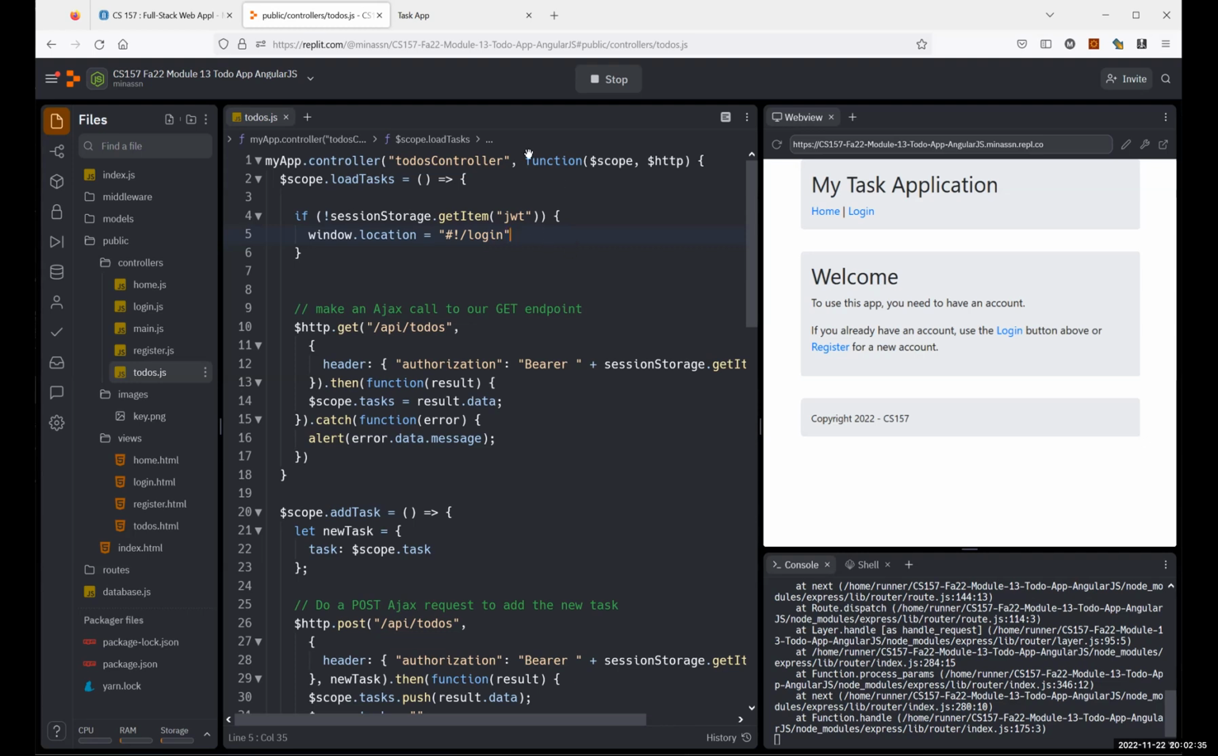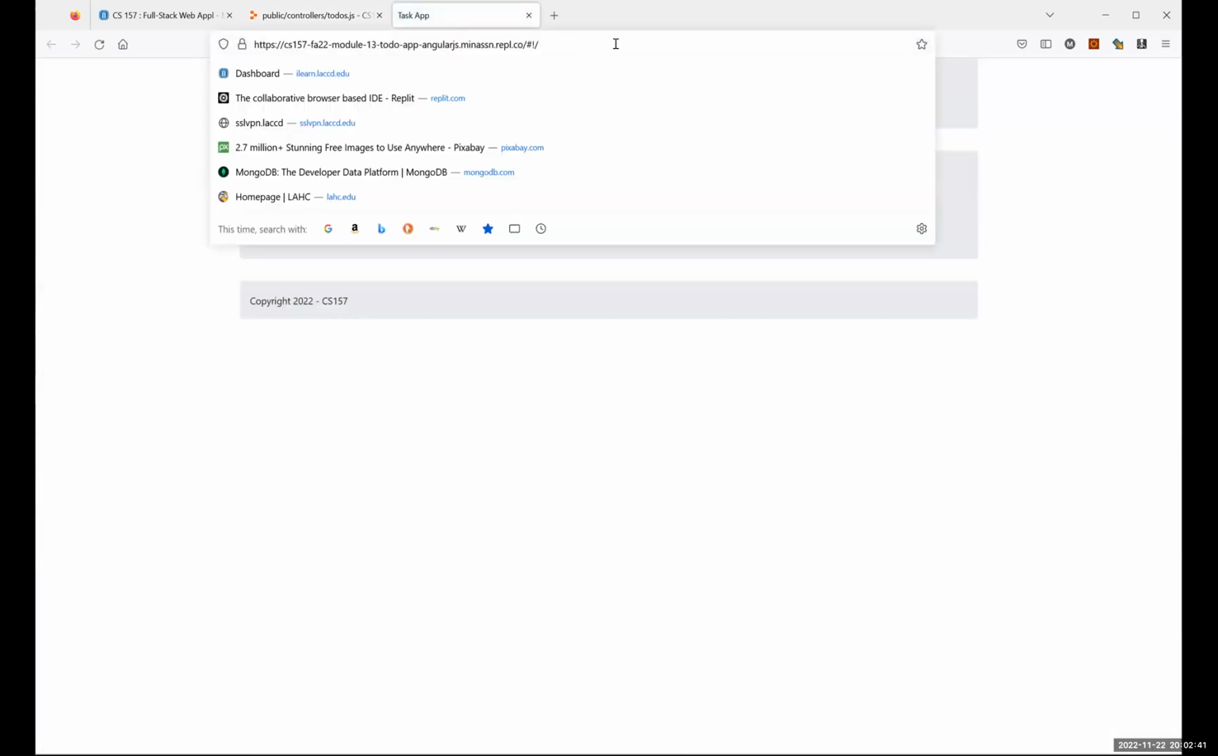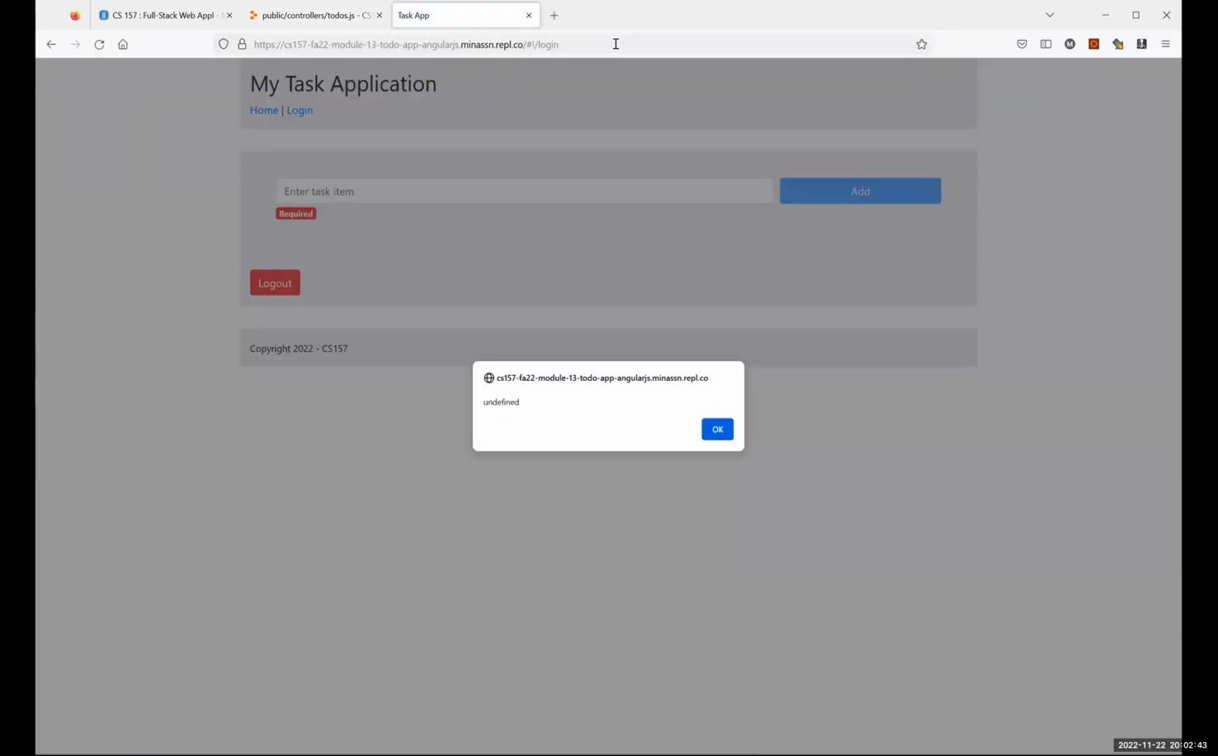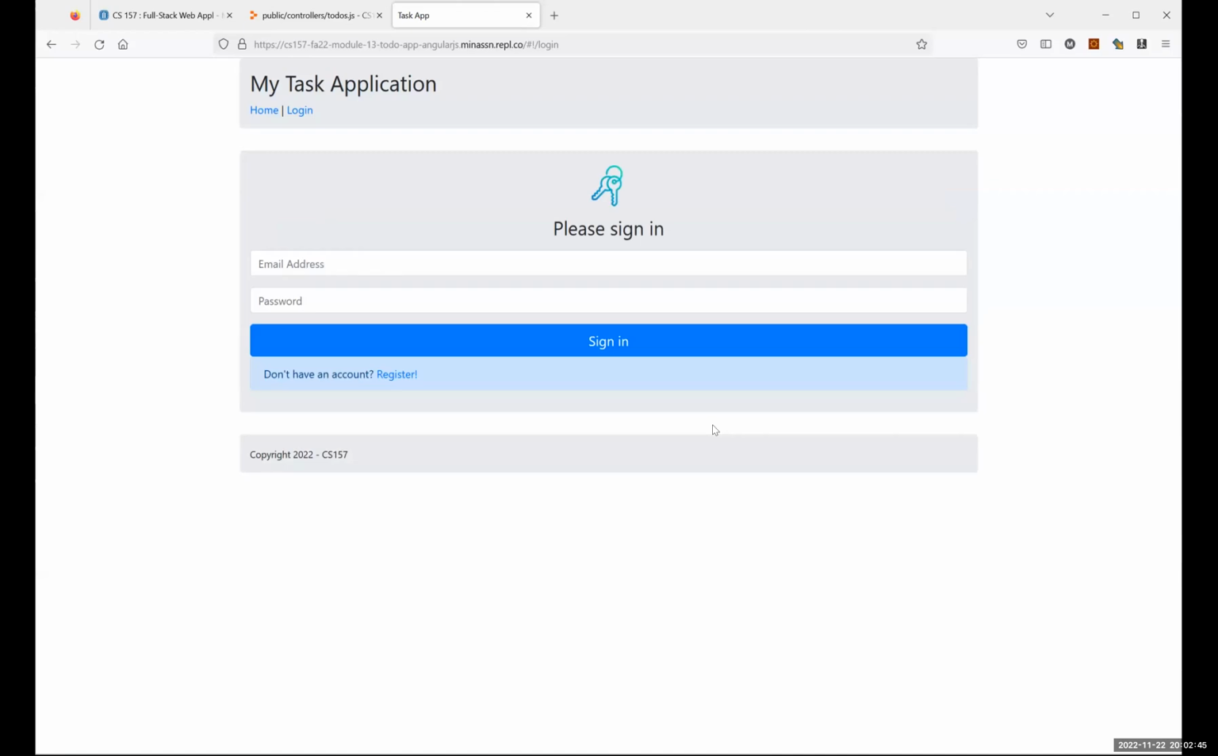That will work. Okay, so let's give it a try. Let's refresh. Let's try loading directly, so to-dos. And as you see, it took us directly to the login page, right? Because we're not logged in. So let's log in,